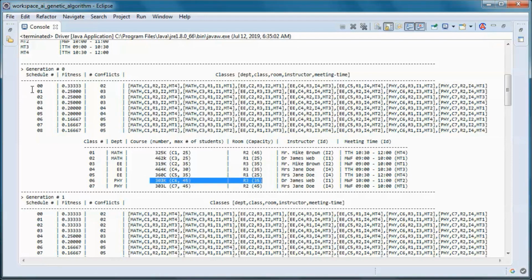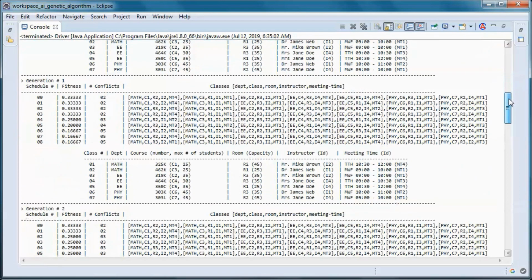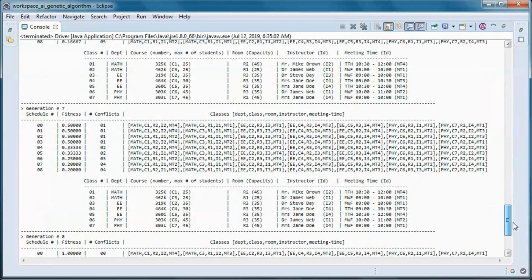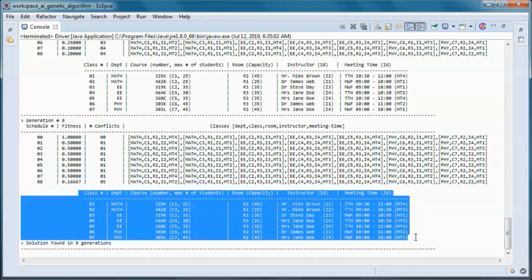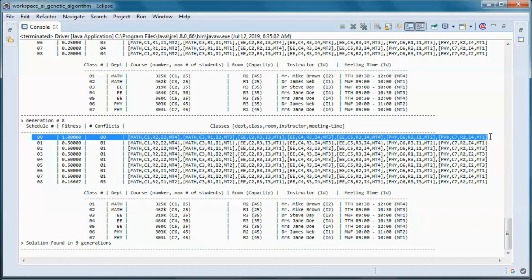And each population of schedules is sorted by fitness. So the schedule with no conflicts that we found has a fitness of 1 and 0 conflicts.